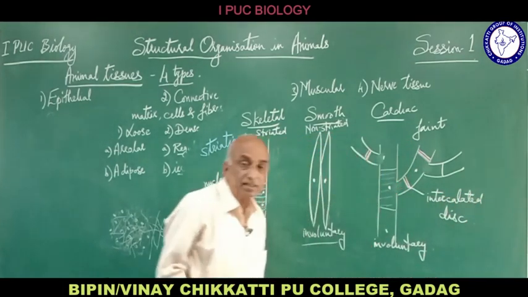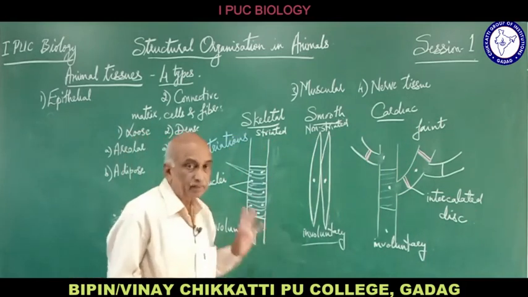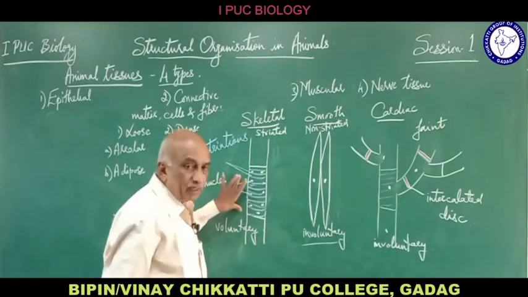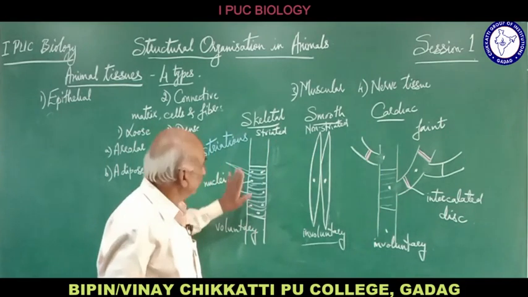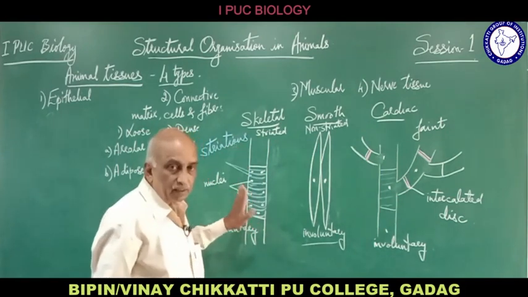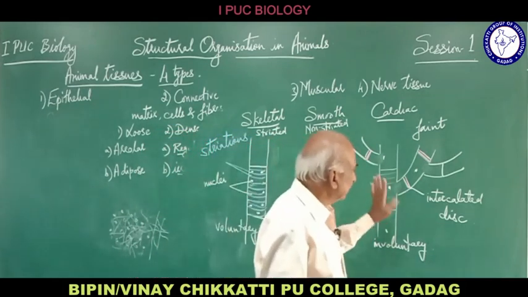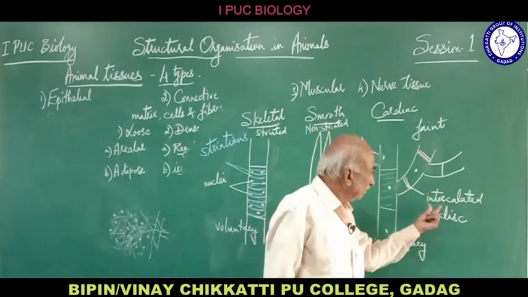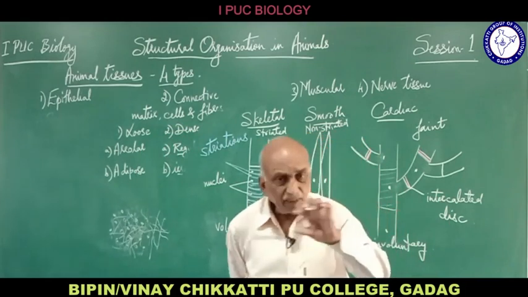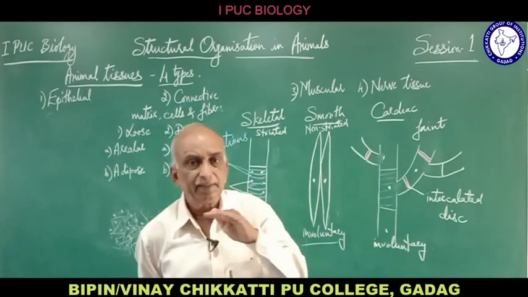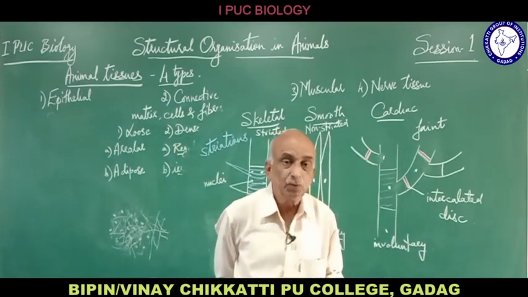This is a characteristic feature of the cardiac muscles. So the multinucleate condition is a characteristic feature of this. Presence of distinct striations is the characteristic of this. Here striations are there but not clear. But the presence of intercalated discs, a disc at the junction of the two cells,